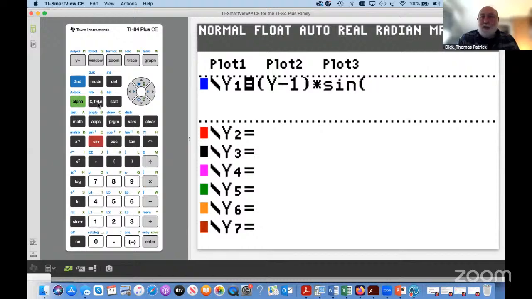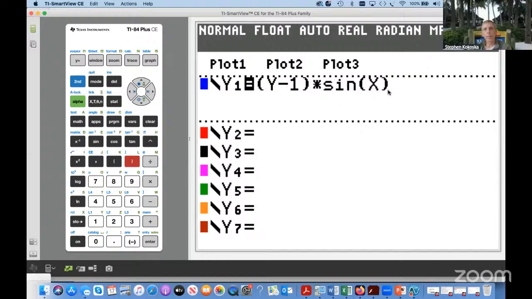It looks strange because we're never used to seeing y show up in a y1 expression, but it's just a placeholder for our differential equation expression. Once that's stored in y1,